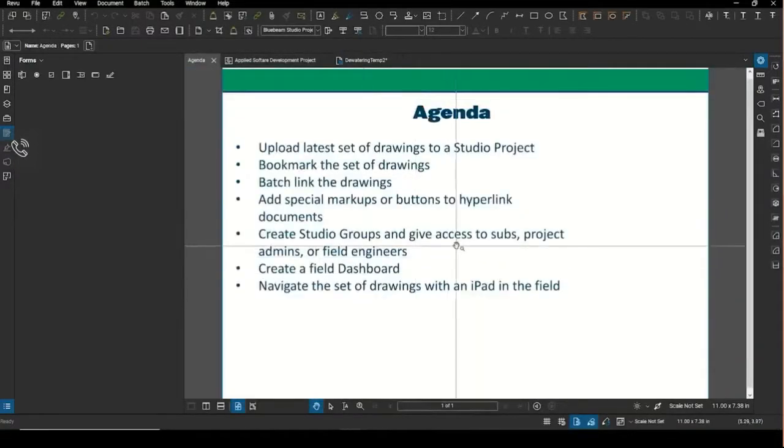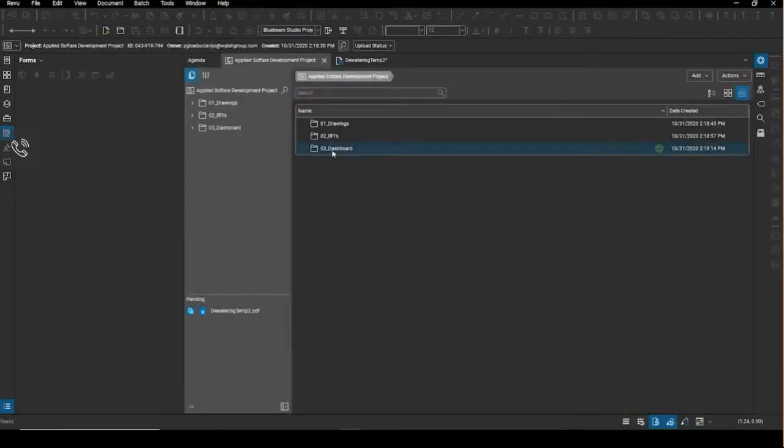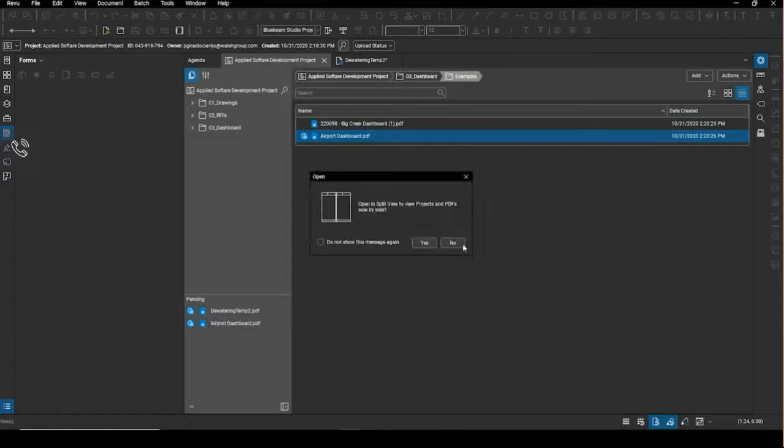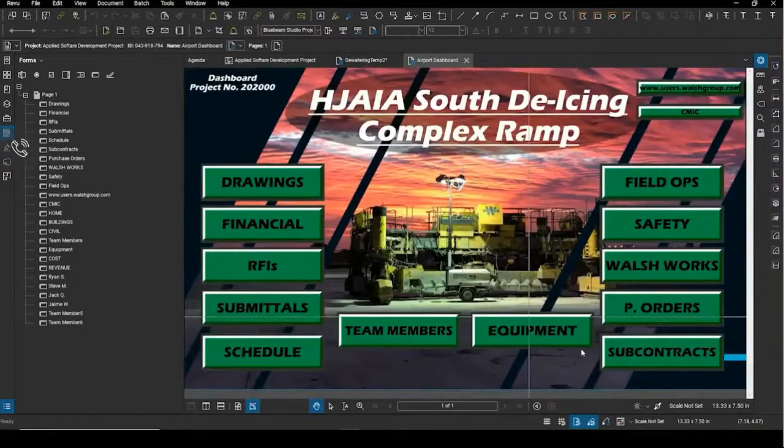So moving along, create a field dashboard. So now we're going to go back to this dashboard folder. And before we get started creating the actual dashboard, I'm going to open up just two examples that I already created so you guys will see how the final product will look. This is a current project that we have in the company. And as you click through all these buttons, it'll take you to either different folders, files, or different websites,